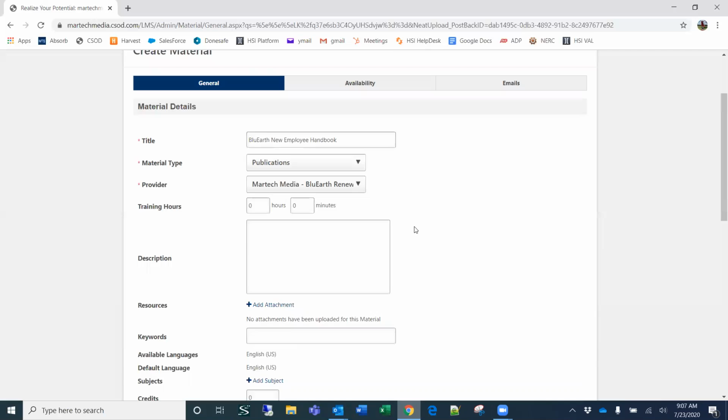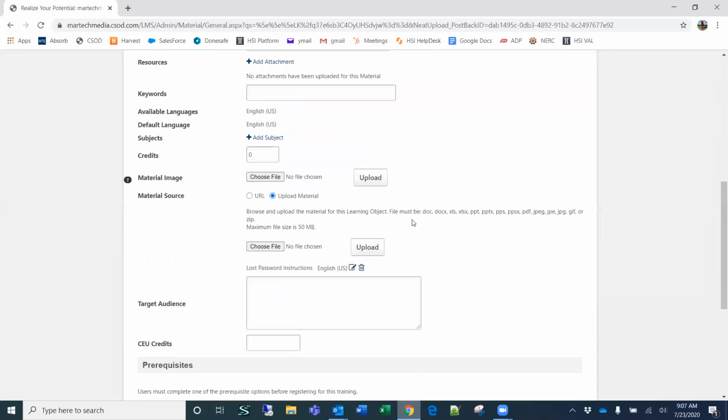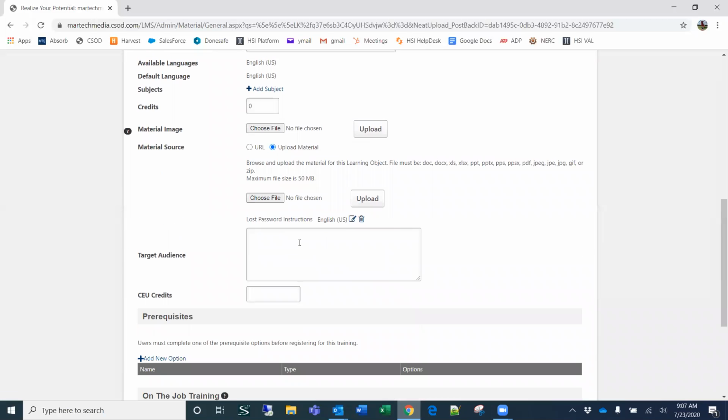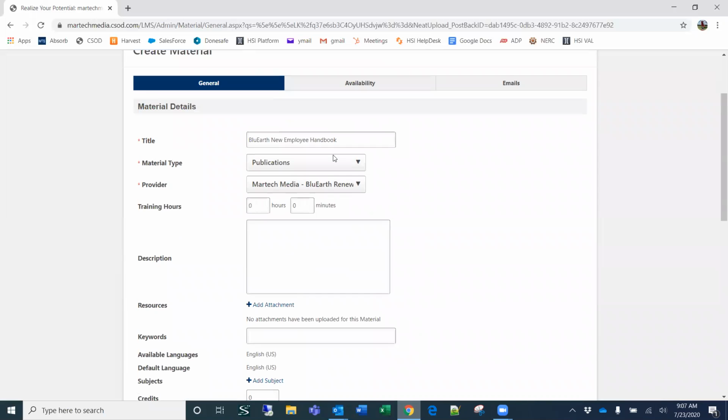Now, target audience, say if I wanted B-Rock, would I put B-Rock in there, or is there a different thing for the target audience? Well, there's a different thing. Target audience is something I've never used. I'm not really sure what it would be used for. I guess it's just information that you want to associate. But if we go to